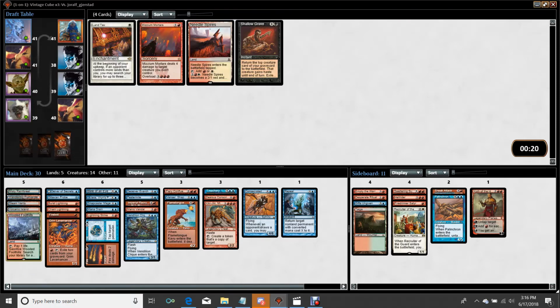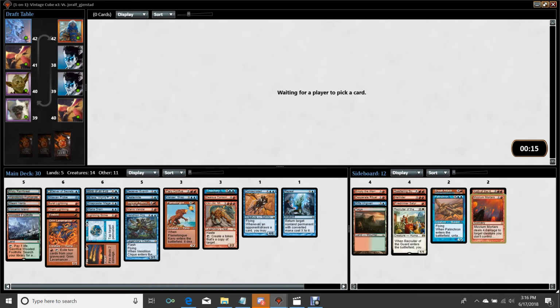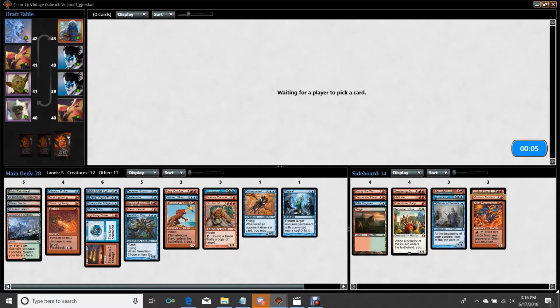All right, Wooded Foothills, yeah. Mizium Mortar, sideboard, yeah. All right, so we're 30 minus 4, 26, so we're going to cut the Delver. Delver's just not that good. Maybe cut Grim Lavamancer. Grim Lavamancer's kind of marginal. He's a good sideboard card. So we're 28 minus 4, 24. And